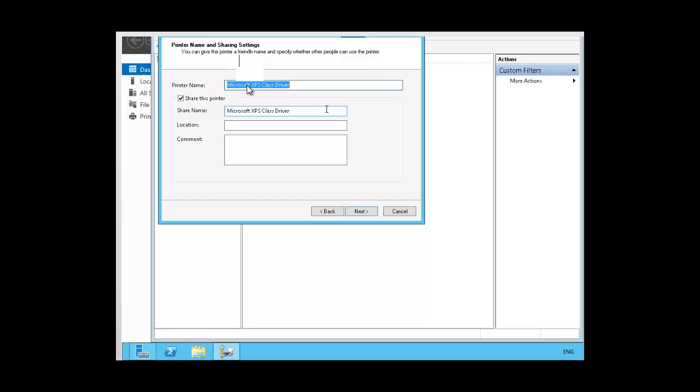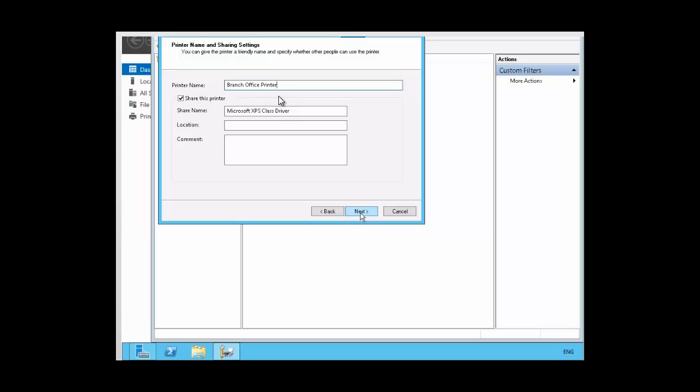So I'm going to type Branch Office Printer. I'm going to press enter. And then we can go ahead